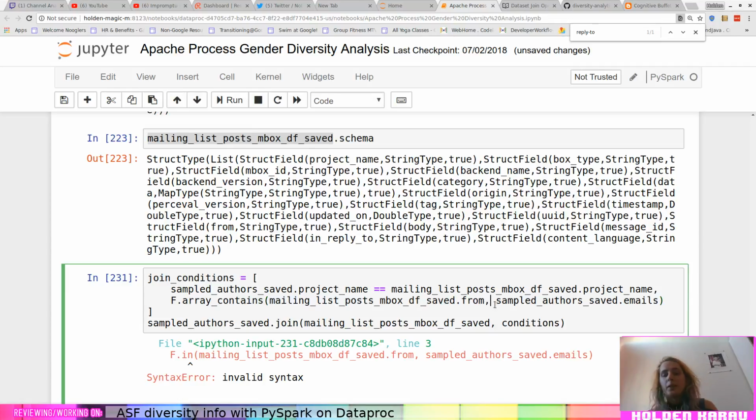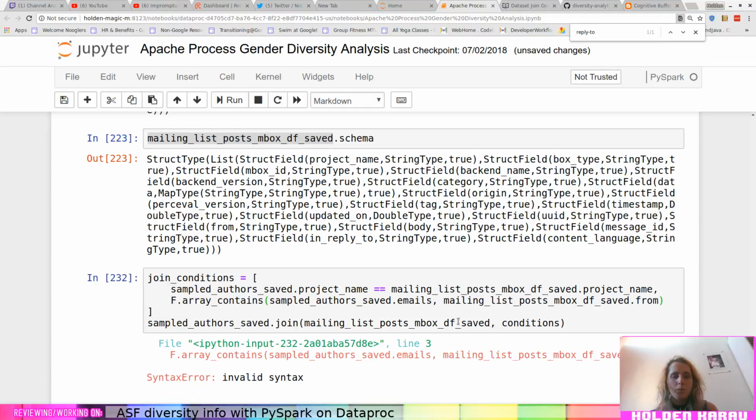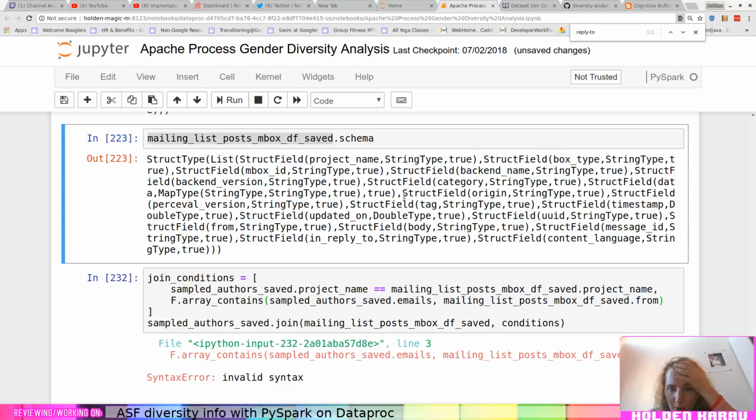So we'll do... Oh, okay, it's not dot from, it's dot... Did I not extract? Damn it. I may not have extracted the from address.